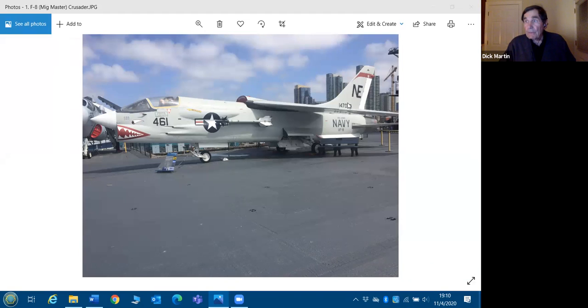So that's what an F8 Crusader looks like. Really great plane, and that's actually on the USS Midway. It's a static display down on the carrier that's at San Diego Bay, for everybody to go up and visit. So that was the first plane I flew. I flew it for a long, long time, and